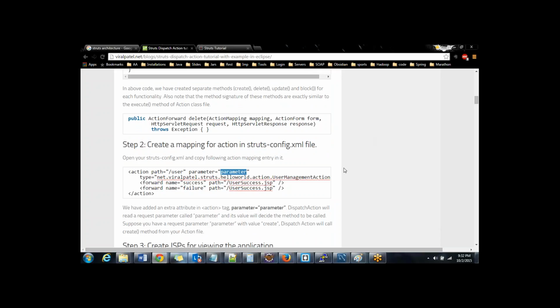Yes, a parameter is coming. Now, again, the same old question. When I click on update, what is the parameter that is coming? Very good. The parameter that is coming from the browser when I click on update is nothing but a string